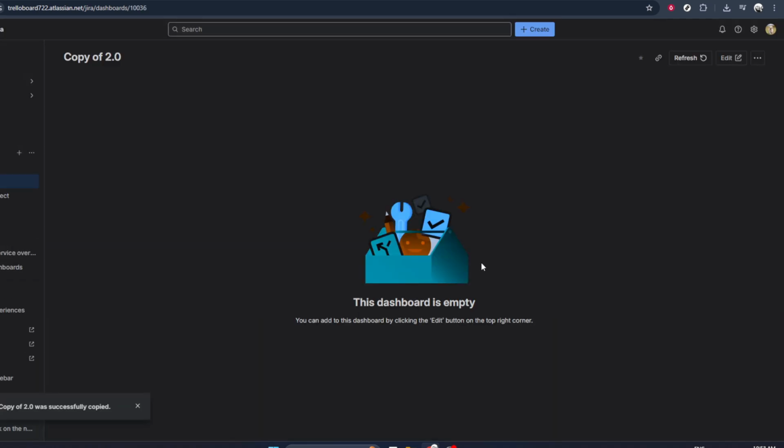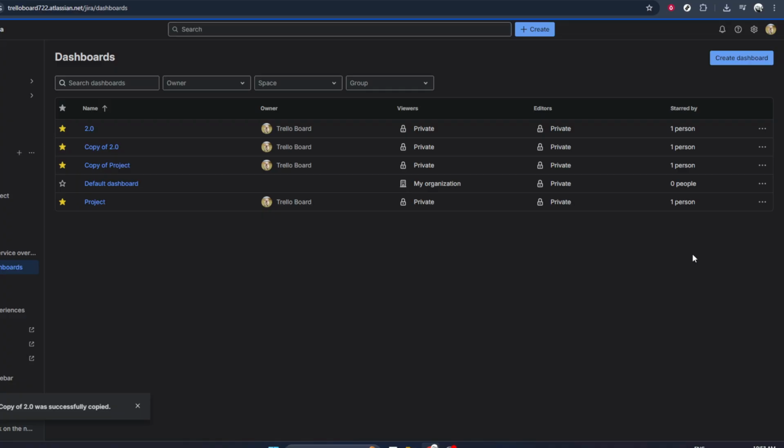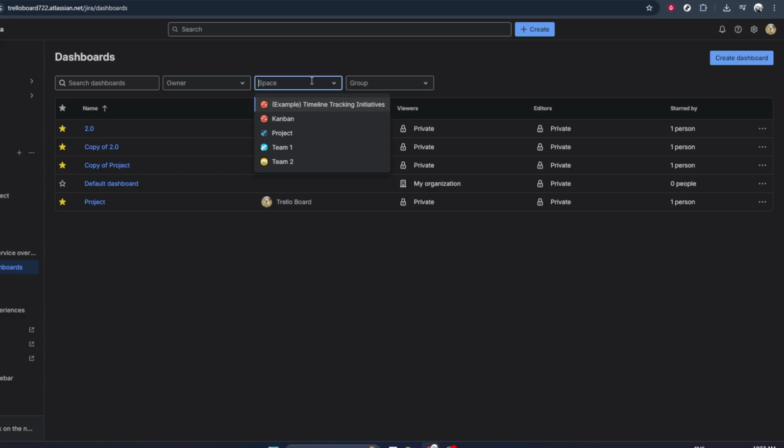Usually, you'll be prompted to adjust details like the dashboard name, description, and sharing or permission settings. This is a great moment to rename it to something clear, such as adding copy or the name of the new team or project you're creating it for. You can also update who can view or edit this copied dashboard, depending on your access level and your organization settings. Once you confirm those